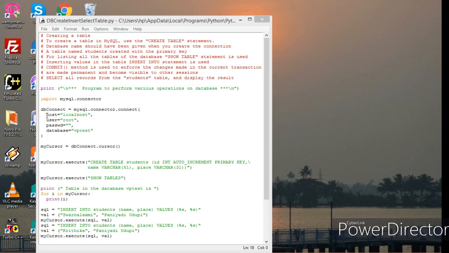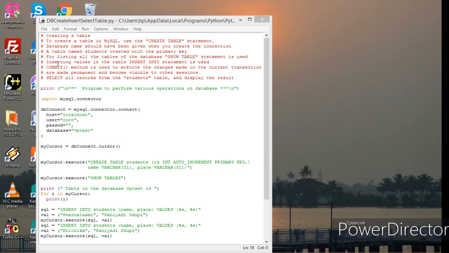At the time of creating this connection object dbconnect, we are including the database along with host, user and the password parameters. We are also passing the parameter for database. Okay, so a table named students is created with the primary key. So I am going to create a table named students, and while creating the table, we are specifying the different attributes.